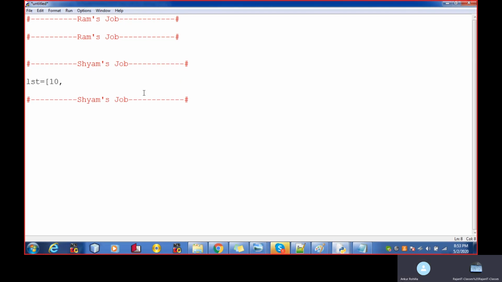It has three values, 10, 20, and 30. And now the LST variable is the array variable. At the zeroth box, we have 10. At the first box, we have 20. And at the second box, we have 30.